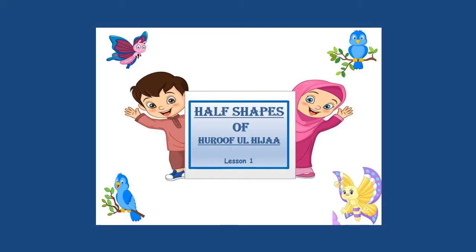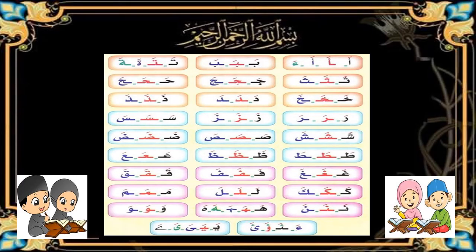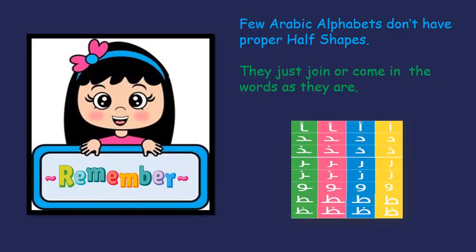I told you in lesson 1 that Huroof al Hijaa have half shapes. These are the half shapes of all Huroof al Hijaa, Arabic alphabets. Remember that we have learned that few Arabic alphabets don't have proper half shapes. They just join or come in the words as they are. And they are